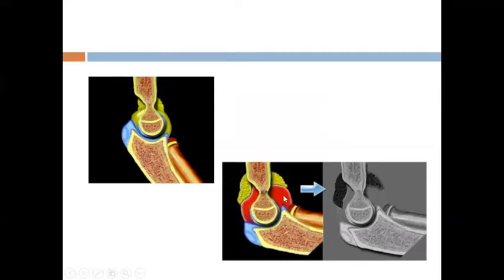Whenever there is effusion due to hematoma formation, either due to fracture of the supracondylar area of the humerus, or due to radial head or neck fracture, in both these conditions, in adults, there is more chance of radial head or radial neck fracture, while in children, there is more chance of supracondylar fracture of the humerus. Whenever there is fracture to these particular structures, mainly the fracture will be occult. Occult fracture means it is a hidden fracture. In the X-ray, the fracture will be hidden.